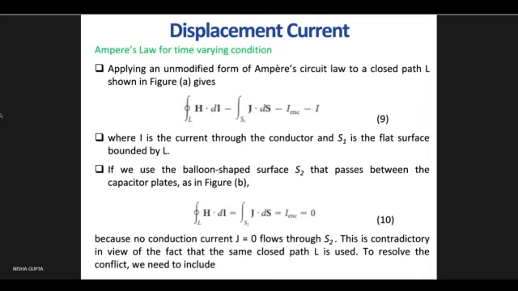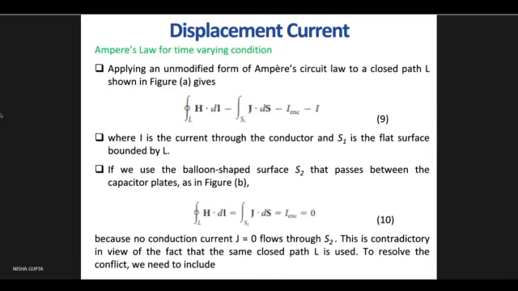So H dot dl. Okay, so here something is wrong. Please correct this. It is H dot dl is equal to J dot ds is equal to I enclosed, which is equal to I. So these signs, which were minus, are equal signs. So please correct this equation. It will be like this, like equation number 10.